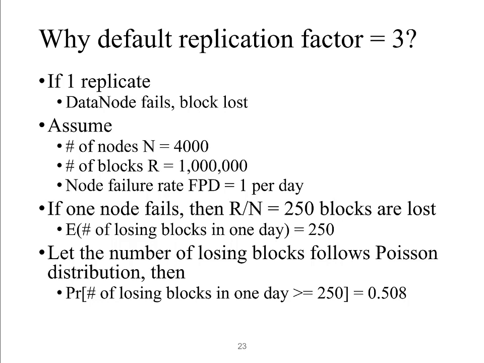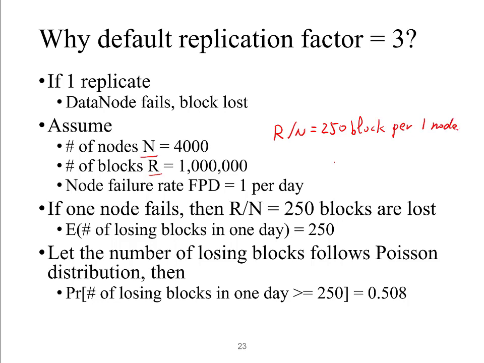So why is 3 enough? Alright, so here let's do some math, or do some computation of probabilities. Let's assume that the number of nodes is 4,000, which is n here. The number of blocks is equal to 1 million. So basically, for one node, there are R over n equals 250 blocks per node,